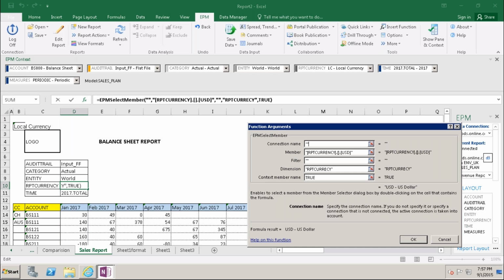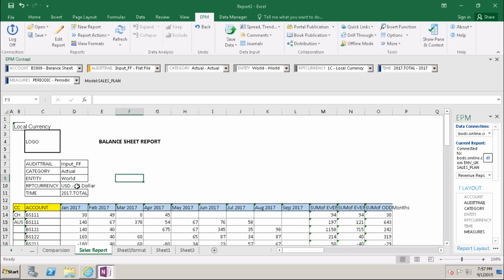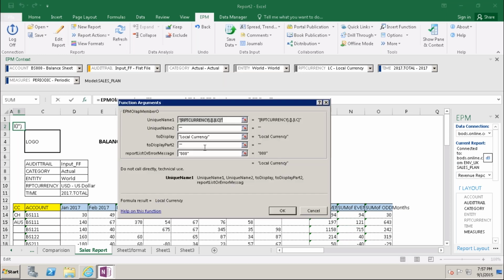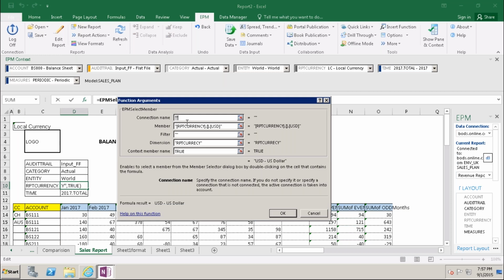Connection name is automatically given. Let's need to be changed to the local currency report for 0. For example, I'm going to give here 000.